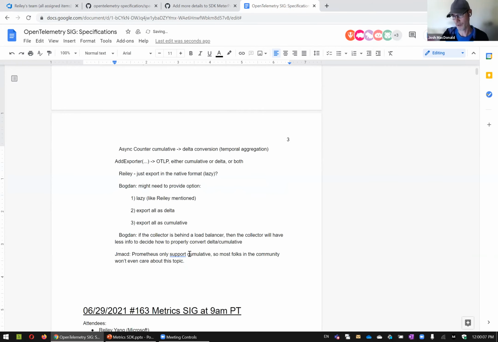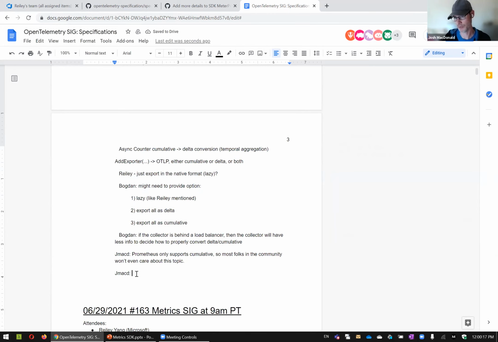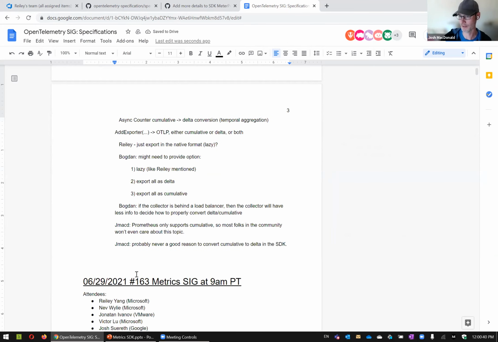I don't think that people want to always convert cumulatives to deltas. And what we see instead is that people are converting cumulatives to gauges in these other systems, so there's probably never a reason to do cumulative to delta inside of an SDK. There is the reason that you just gave to compute deltas to cumulatives in the SDK, but it means putting this memory burden inside the SDK. So there's definitely an appealing option outside in the future when the vendors or when databases actually support it in the open source world. Lightstep supports both right now, but it doesn't matter to anybody because so many people care about Prometheus that they're not going to think about deltas and saving memory.